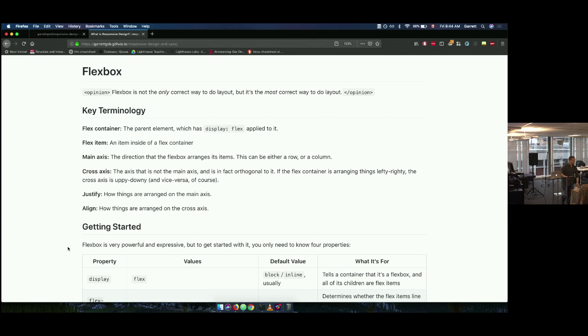A little bit. Played around with grid? Wow. You skipped Flexbox and went to grid. I heard